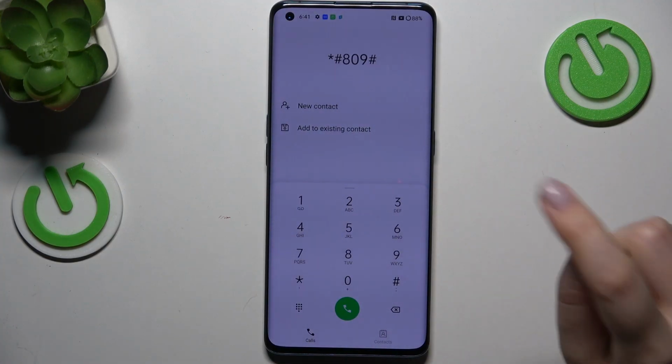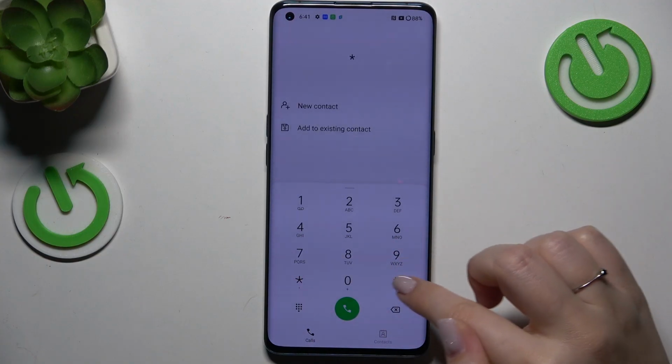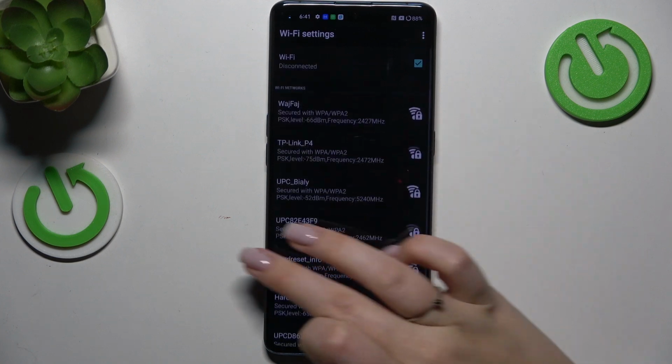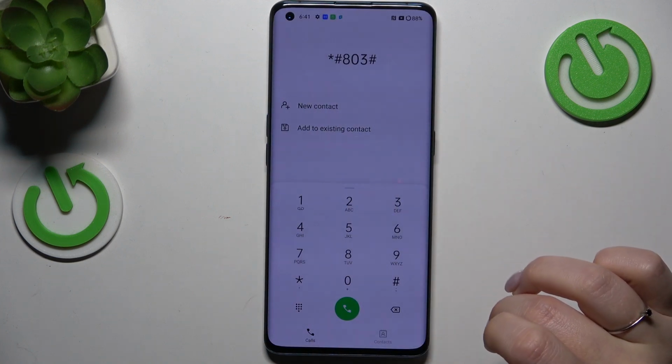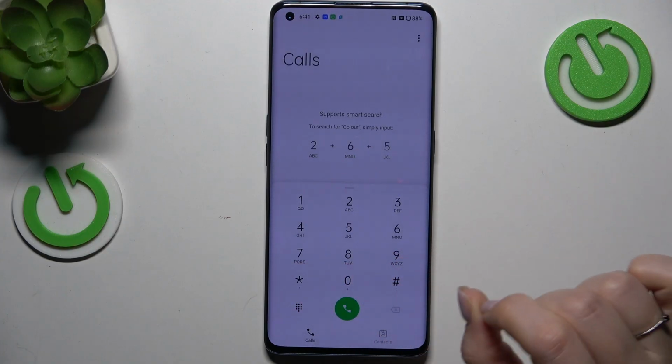Let's go back, and we can also open the Wi-Fi test menu. The code for it is *##803#. And we've got the Wi-Fi testing. Let's go back and let me show you another code for the hardware revision. It is